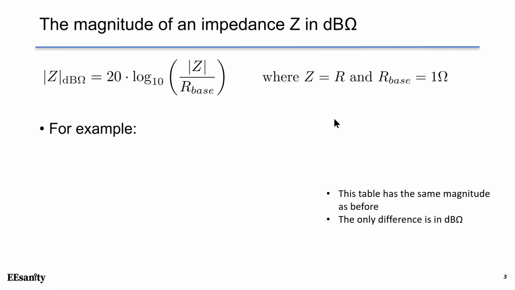The magnitude of an impedance Z can be expressed in dB ohm, just as dB or decibel as we introduced before. Here we introduce our base. This is the base resistance, which is 1 ohm. For example,